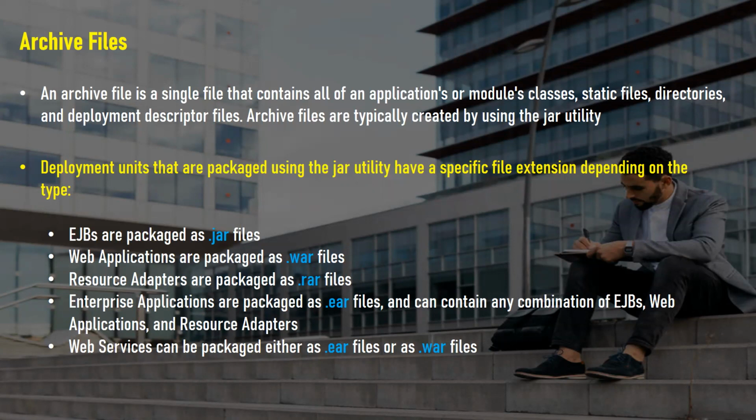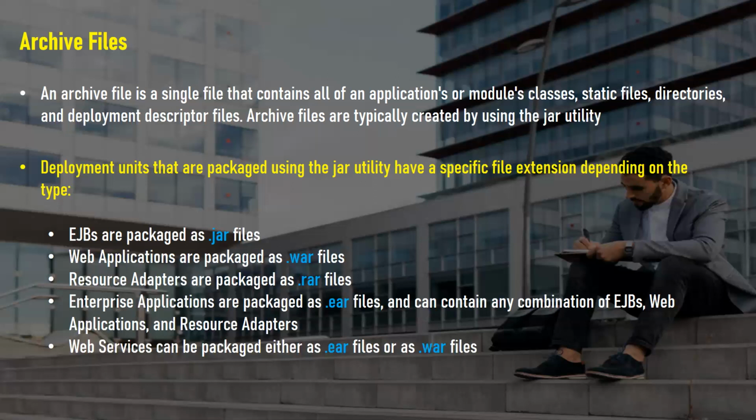Okay, so in an archive file, you have to archive all of your code, whatever you have developed, whether it is a web module developed in JSP or servlets, or some business logic developed in enterprise Java, in EJBs, or certain more components, images, and static files. So in a code, you have multiple components, based on your business logic and the requirement of your organization. For that, you have to create an archive file, and that is typically created with the help of the jar utility.